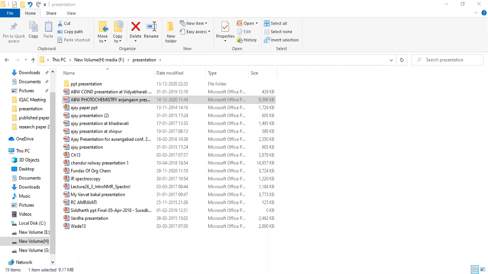Okay, so this is a very important point in a photochemical reaction: the photosensitizer. How does it work? This photosensitizer acts as a donor. Why is it a donor? Because firstly it absorbs energy and undergoes excitation from the ground state energy level to the excited energy level, the higher energy level, and then it transfers its energy to the